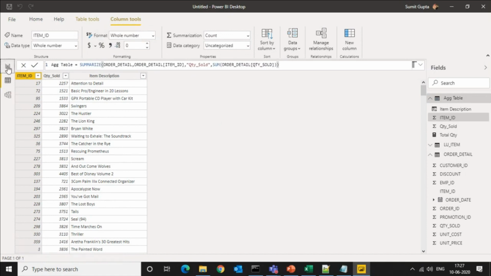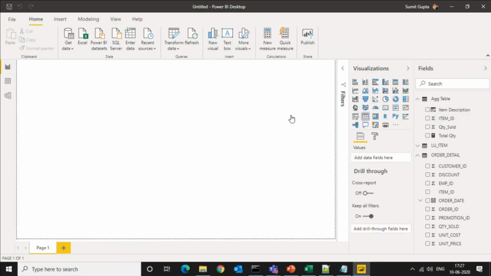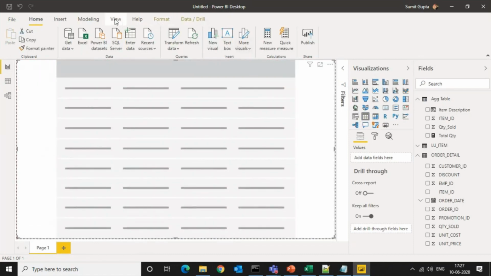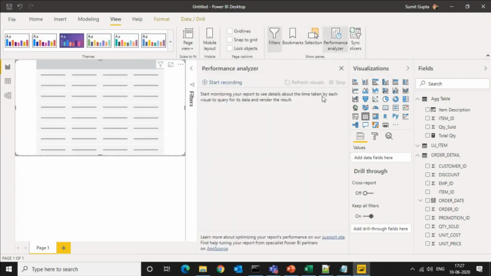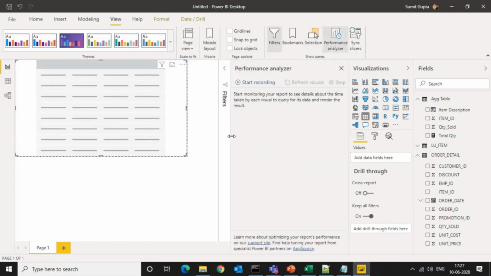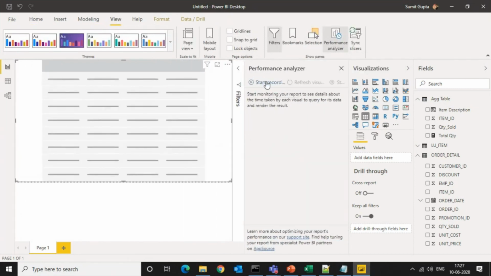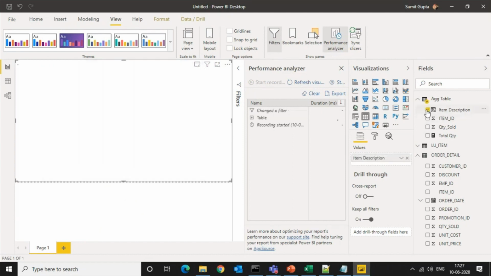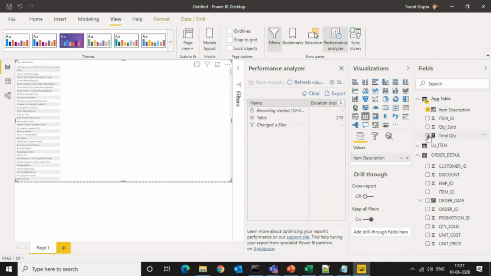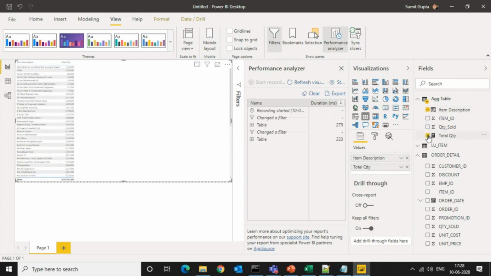So let's just head back to the report view, take the grid, and then one more time, I'm going to be enabling the performance analyzer. And let's just go ahead and see how much time this one takes. This is supposed to be a little faster. Okay, so I don't really need the other two tables anymore. I'm just going to take the item description from the aggregated table we created, and then I'm also going to take the total quantity from the same table, and then I'm going to say stop recording, you've done it